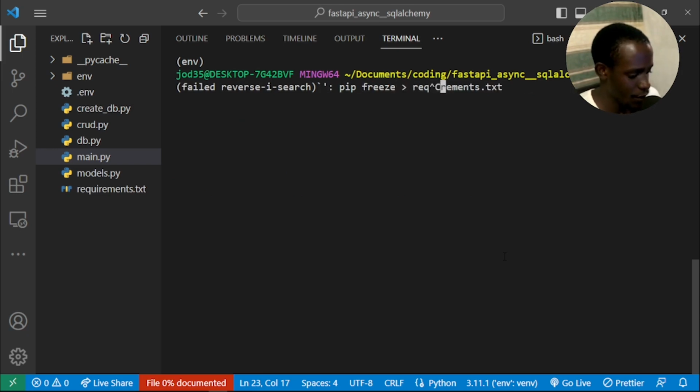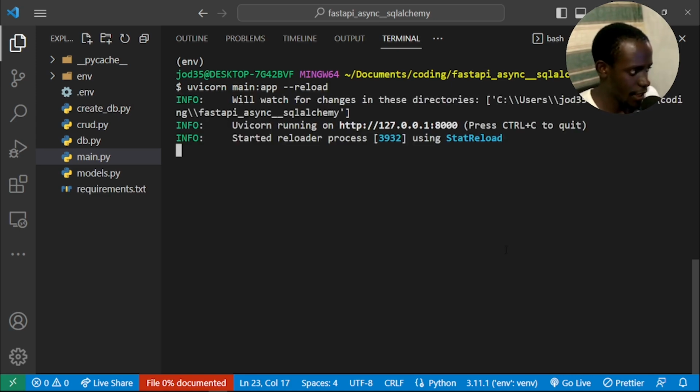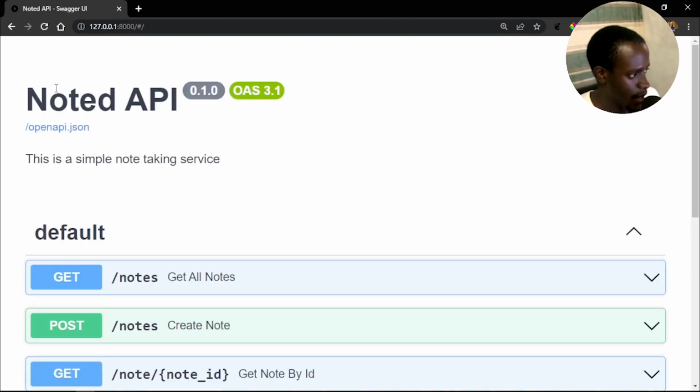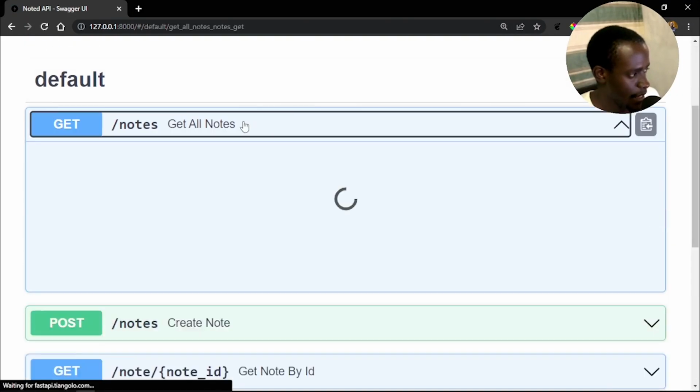Actually need to go ahead and basically rerun the command. I'll say uvicorn main:app. So I'll also provide reload, and that will restart our server at localhost 8000. So if we go back to our browser right here and we try to basically go ahead and create or